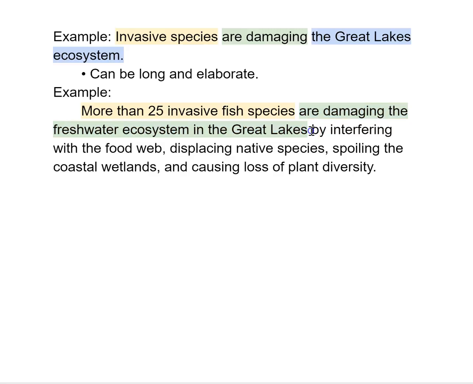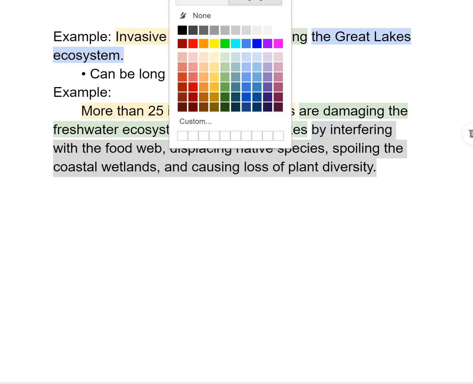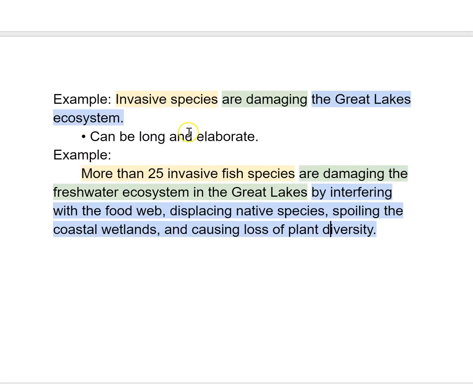And then we're going to learn a little bit about how they're damaging those. They're damaging by interfering with the food web, displacing native species, spoiling the coastal wetlands, and causing loss of plant diversity. So I know now when I read, if somebody were to write the rest of this article, I know